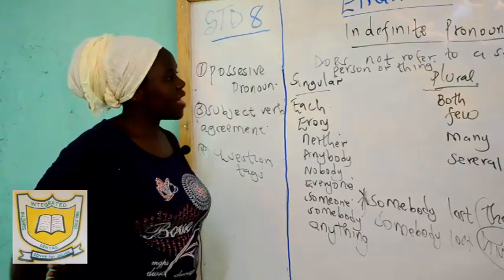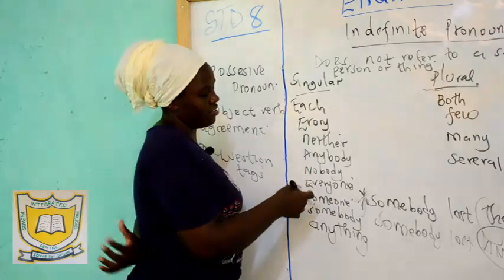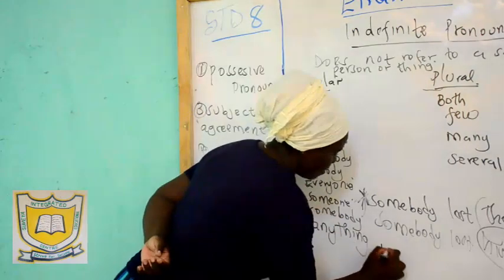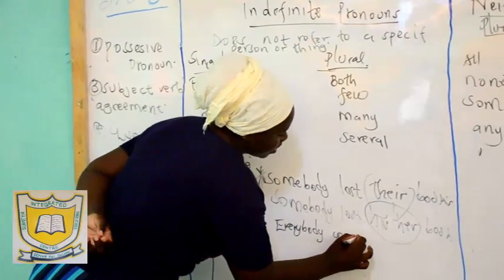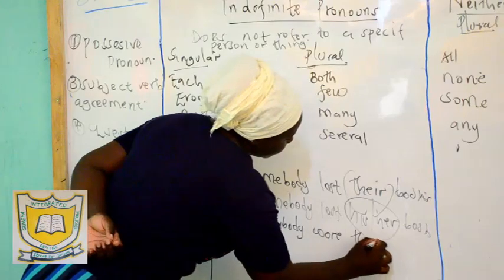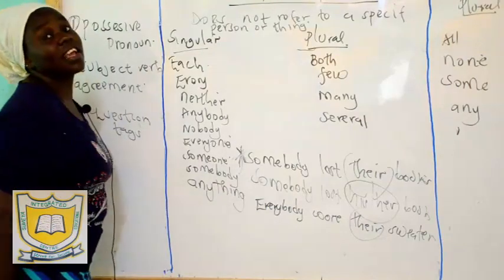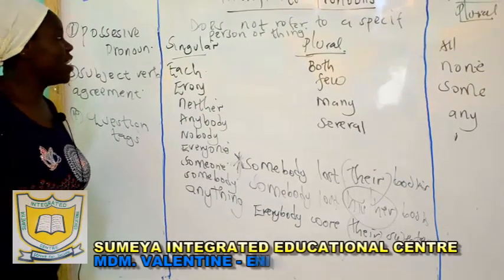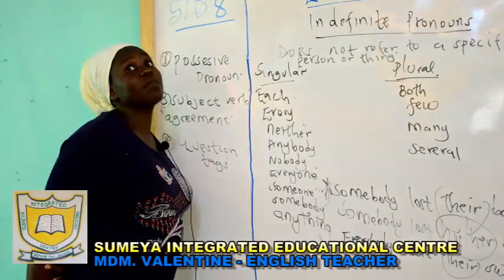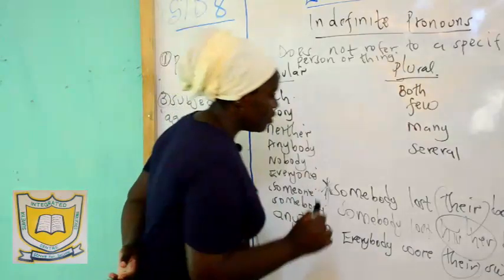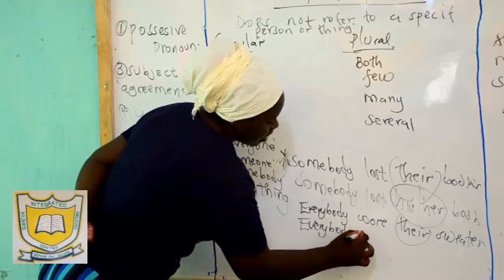Now, let's have another example. Everybody wore their sweaters. Most pupils write that when it comes to composition. Everybody is a singular indefinite pronoun. It takes a singular possessive pronoun. So the correct sentence should be: everybody wore